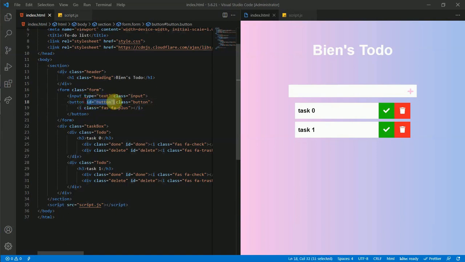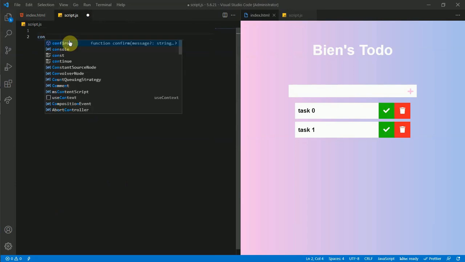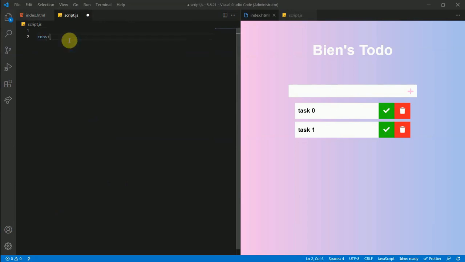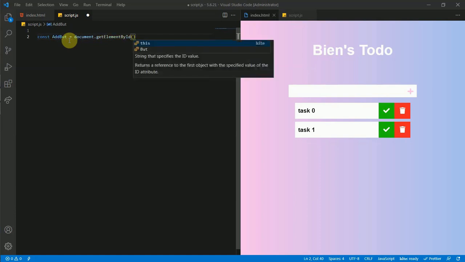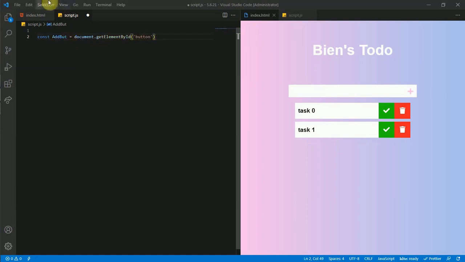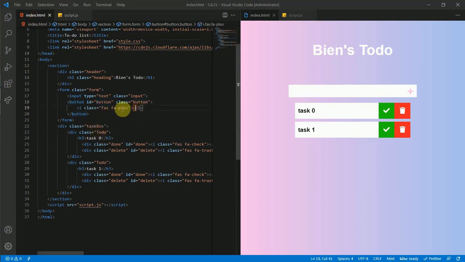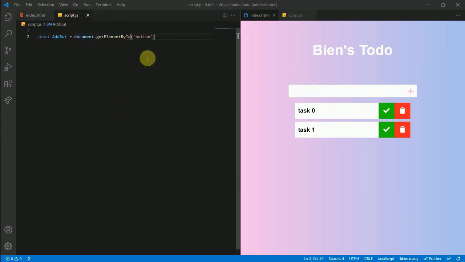I have given it an ID of button, and then create a const which will be add button, equals document dot getElementById, and then pass in the ID, which is button here. Semicolon, and then